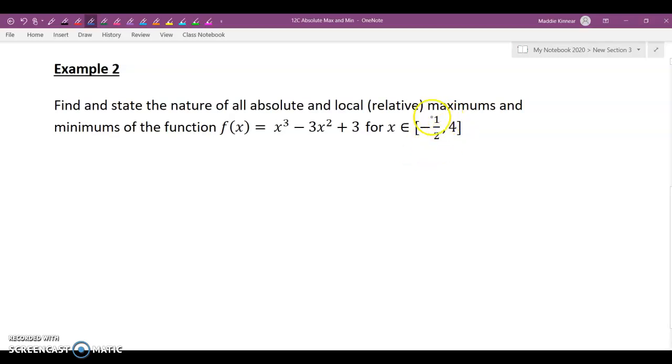And we need to think about what y values occur at that point. So whenever you get a domain, always make sure you sub that into your function to find the coordinates of the y value. So we're going to have a look at what f of negative a half is first. So I get negative 1/2 cubed minus 3 lots of negative 1/2 squared plus 3. So I get negative 1/8 minus 3/4 plus 3. And if I put that all into eighths,